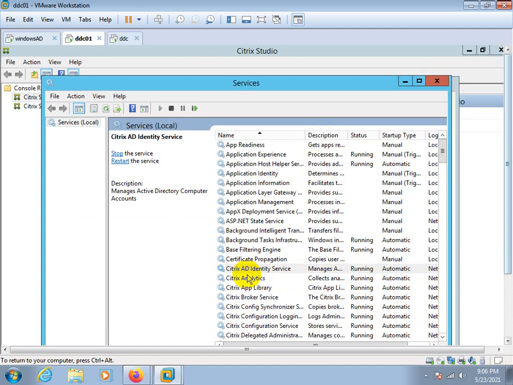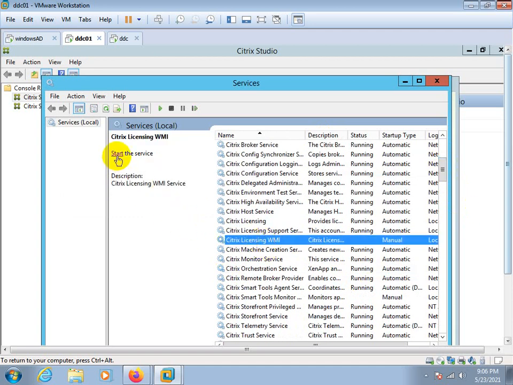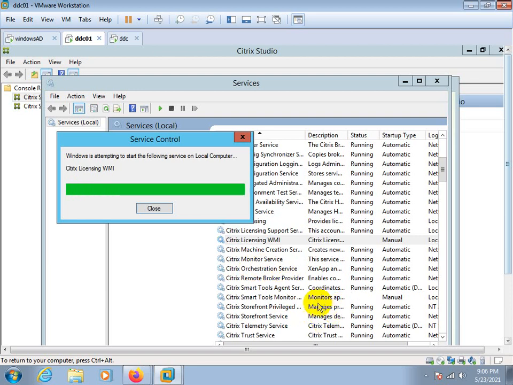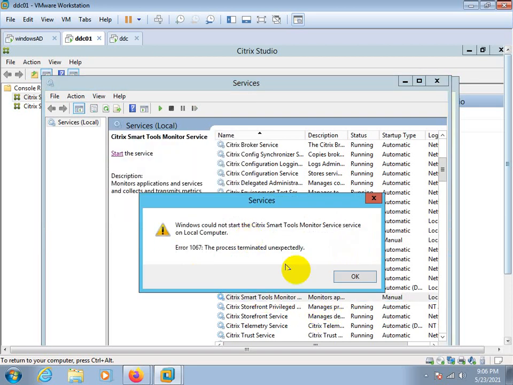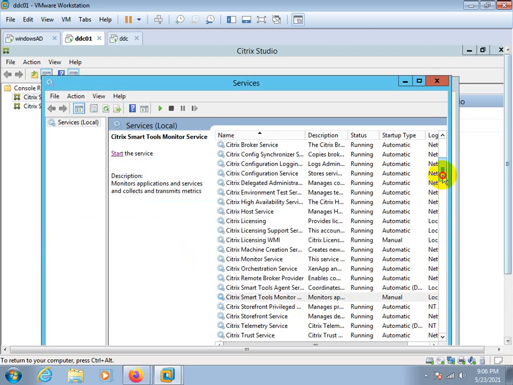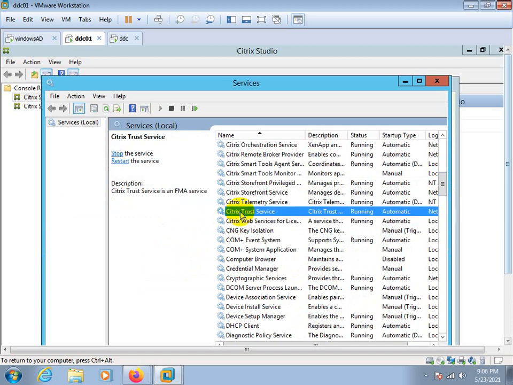If the application team suggests that the application's services are not running on the 2012 server, then what will we do? We'll keep the 6.5 environment also. We cannot move that application. We'll keep the 6.5 environment as well as 7.x. That's why most of the organizations are running both environments, 6.5 and 7.x.